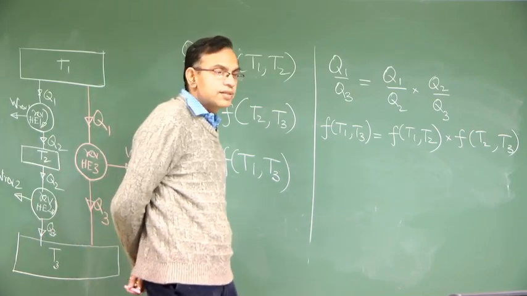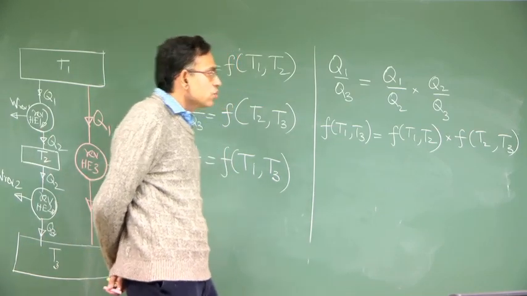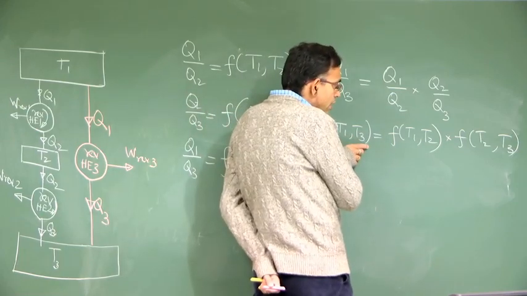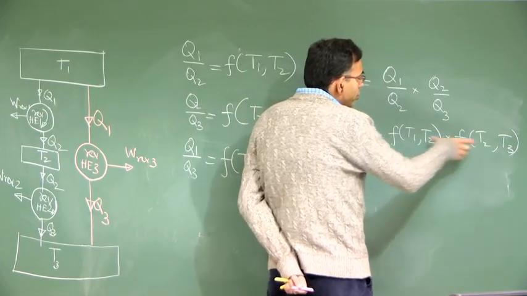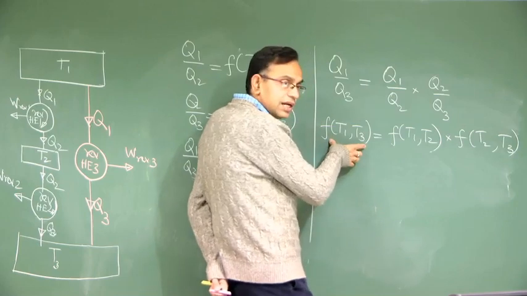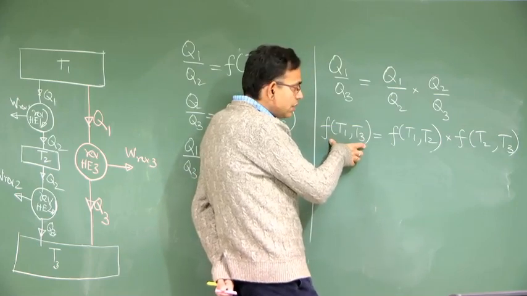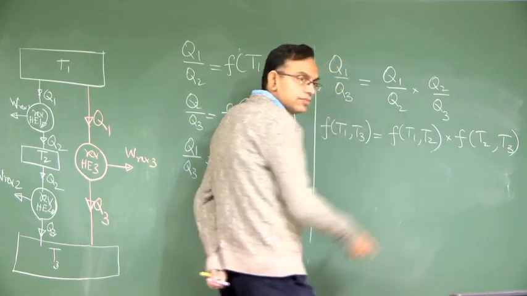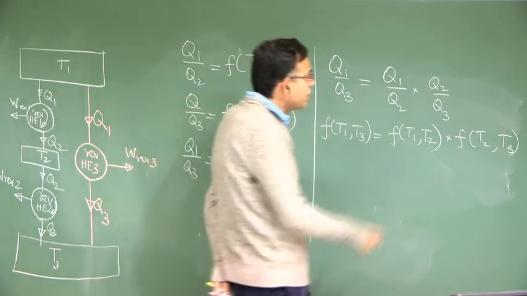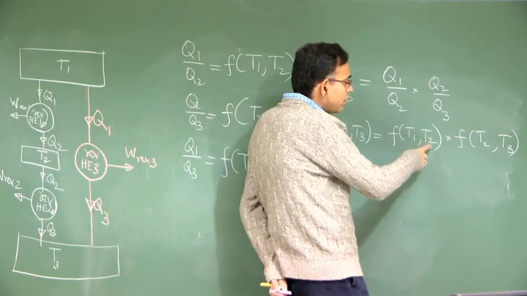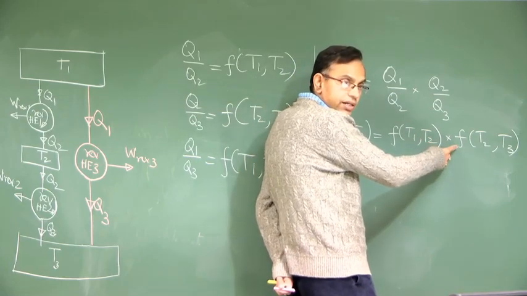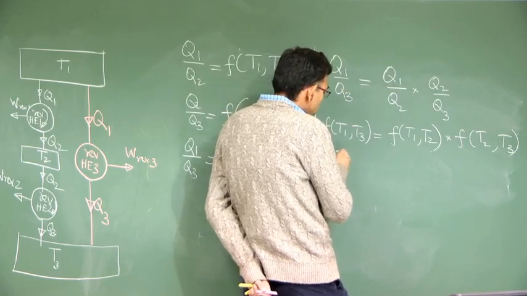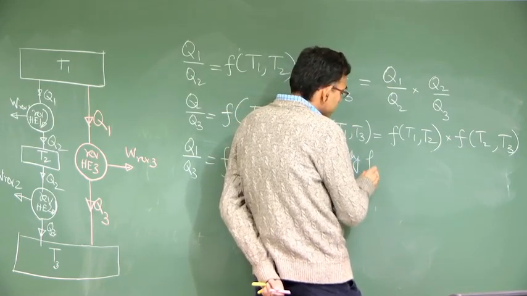Have a look into this. So, you have F(T1,T3) equal to F(T1,T2) into F(T2,T3). On the left hand side there is no T2. On the right hand side you have T2, that means somehow T2 got cancelled in the right hand side. To get T2 cancelled, the only possible form